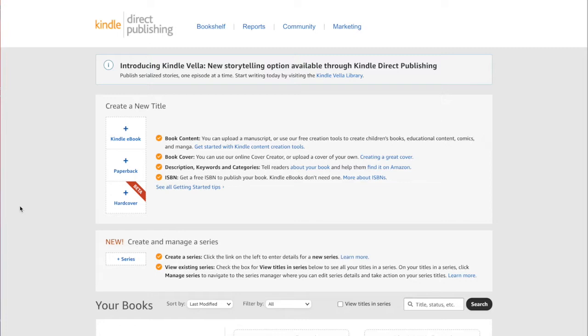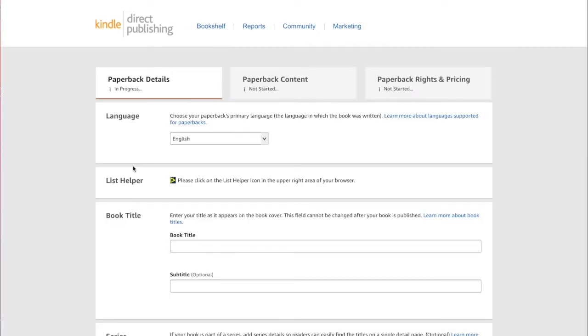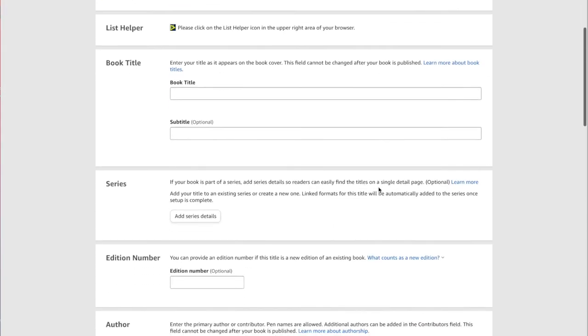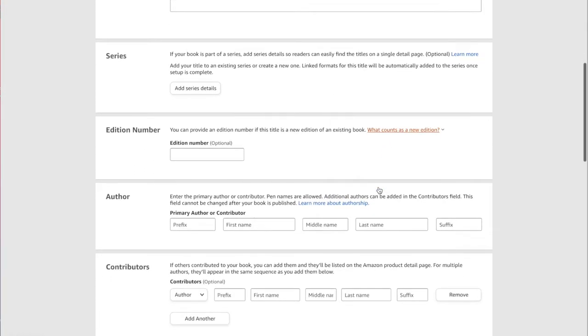So in order to get started, you just need to sign up. Once you sign up, you get into a page like this that will give you the opportunity to publish different kinds of books. And this is where the fun begins, right? On the very first page, you have different opportunities to publish a book, whether it's a digital book, a paperback, or even a hardcover. You have different options. But for today's purposes, I'm going to show you how to upload a paperback book on